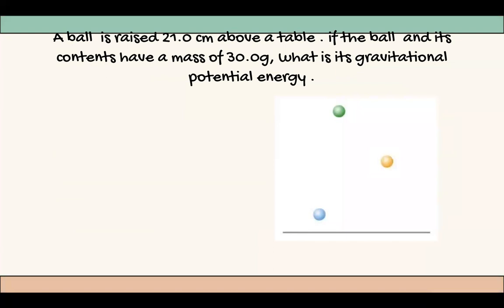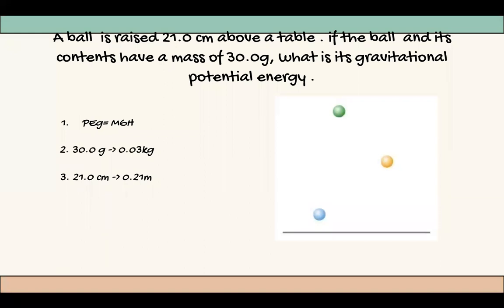This question is clearly asking about gravitational potential energy, which means we must have gravity, mass, and height. Looking back at this question, we will assume that the gravity is 9.81, and we already have the height and the mass, but they're not in the right measurements. So we're going to have to convert them. So for the mass, 30 grams will equal 0.03 kilograms, and for the height, 21 centimeters would be equal